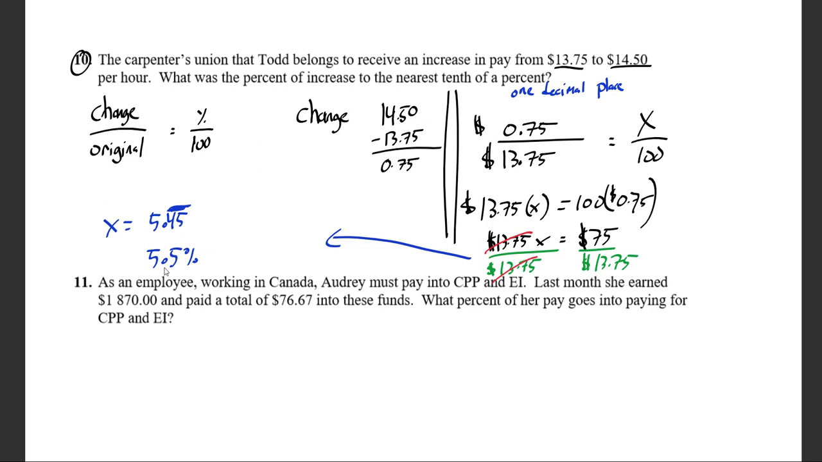Okay, just a few word problems. I know some of you have been having trouble with them, and here's some with percents that we haven't